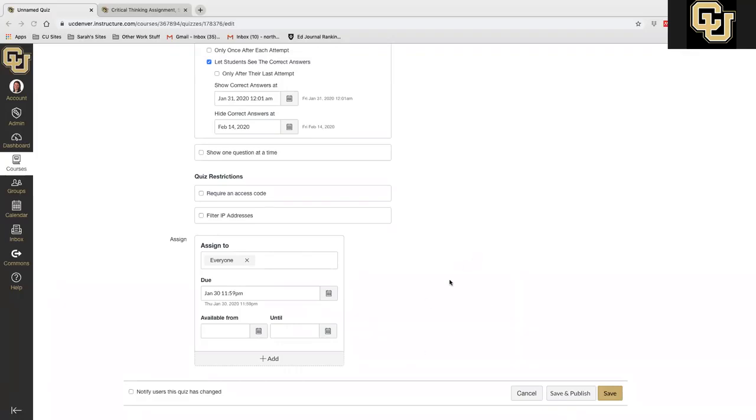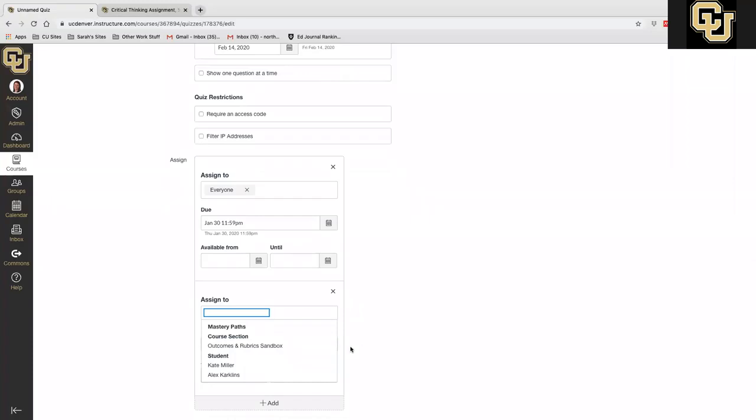So the question is, when the student has the extension, can you change when they see their answers? Yes, that student won't be able to see their answers until they'll have those different dates and the different due date. But I think the tricky part is that the other students who have been able to see their answers previously would be able to share that with that student. So what I might do, if you do have